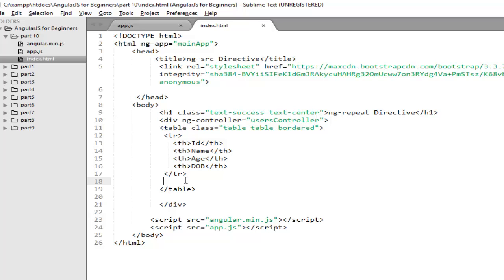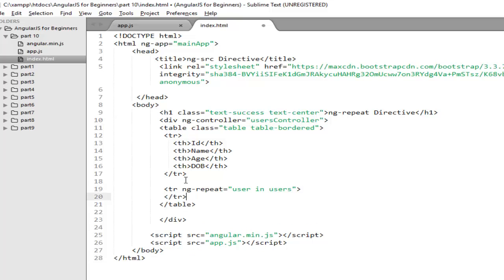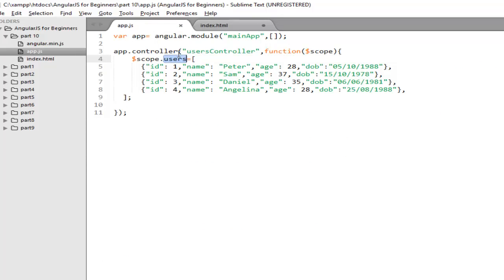Now I want to repeat my complete row for each user. So you need to use your ngRepeat directive on this tr. I will say ngRepeat and repeat this tr for each user. Now remember, this users should be the same as this variable.